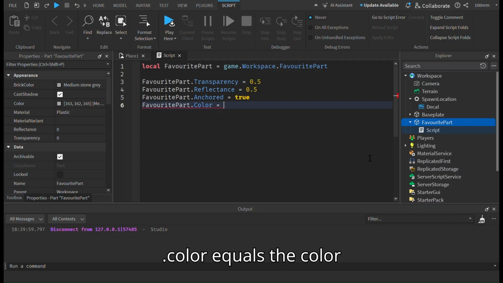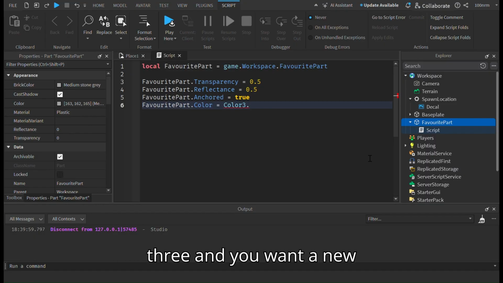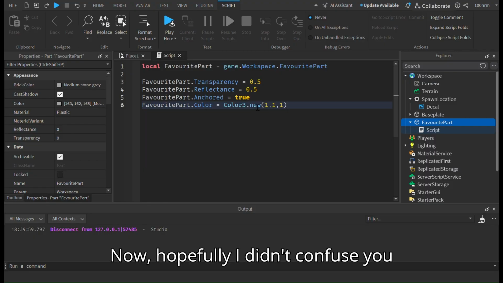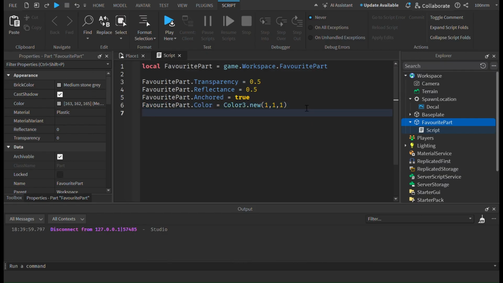So dot color equals Color3, since you want 3 values, and you want a new color to be added onto it, so dot new, and then we're gonna put 1, 1, 1. Hopefully I didn't confuse you there, but you have 2 of them. So favorite part color equal to that,